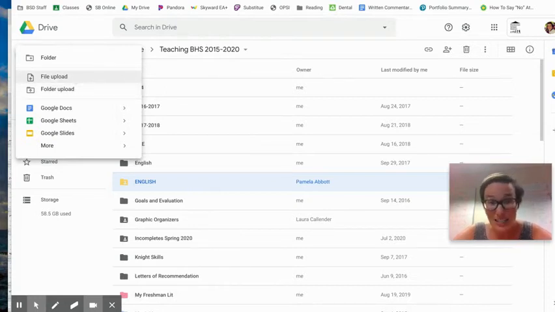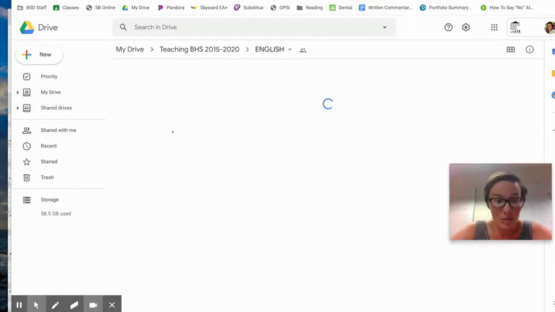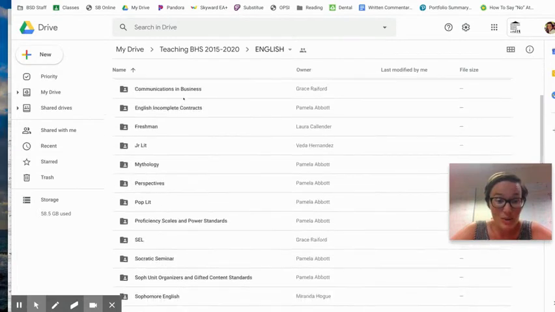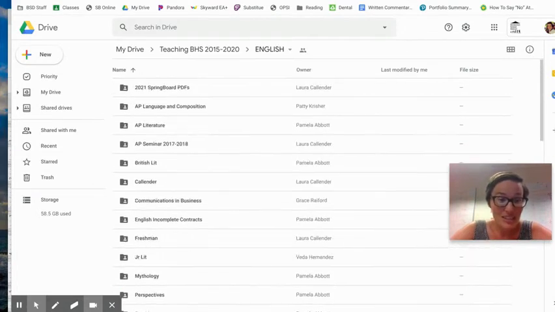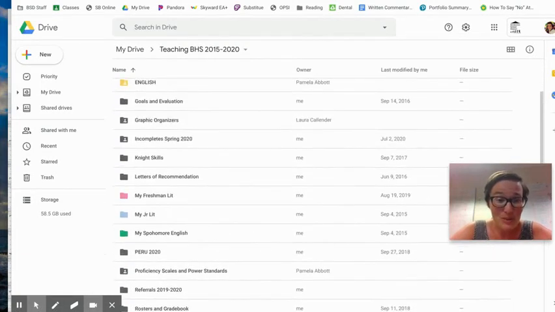And the best way to keep all of that organized is by creating folders. So I create new folders for whatever I need to, and I can create folders within folders. So if I open that up, you can see all these different folders within there. Some of my stuff is free floating because I haven't found a home for it yet, but most things I try to keep